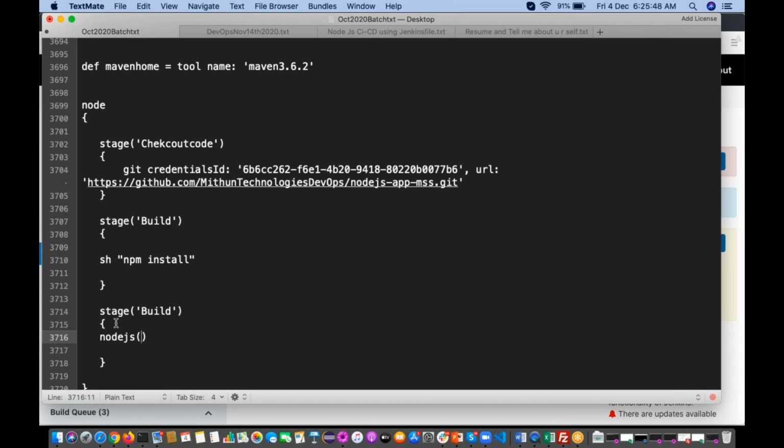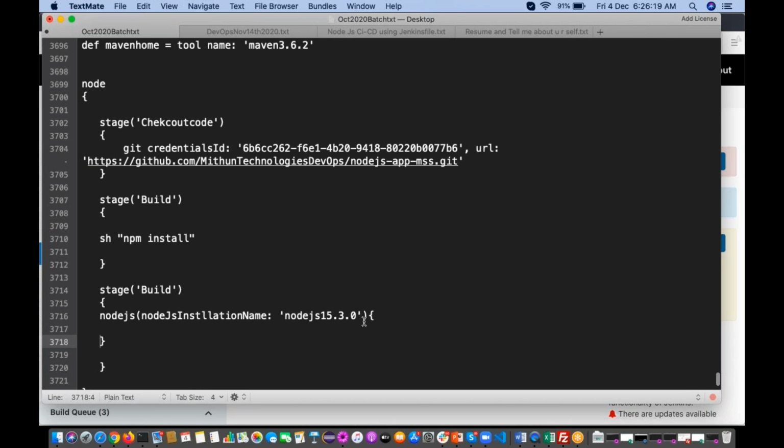The Node.js installation name we have to use, installationName colon, the name whatever you have configured, within single quotes. What is the name we have given? Node.js 15.3.0, right? Yes or no? So flower bracket open, close.